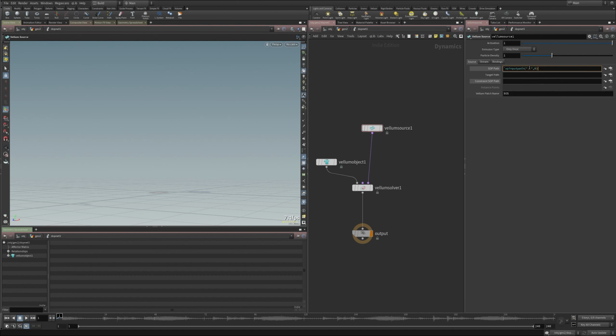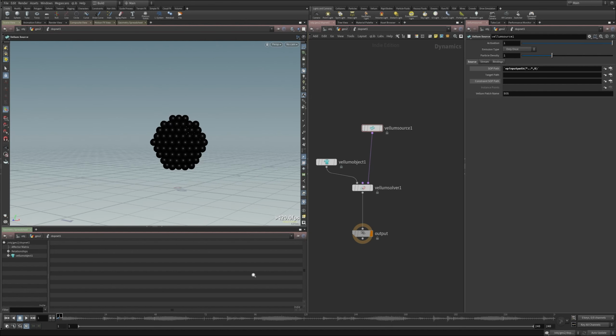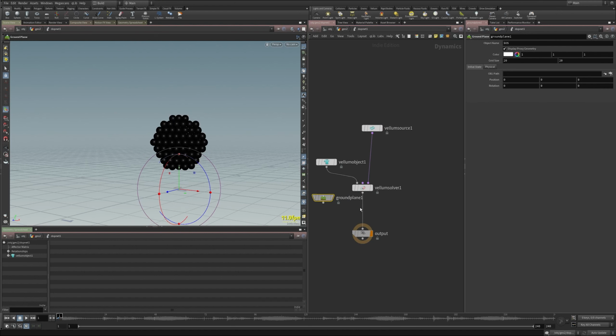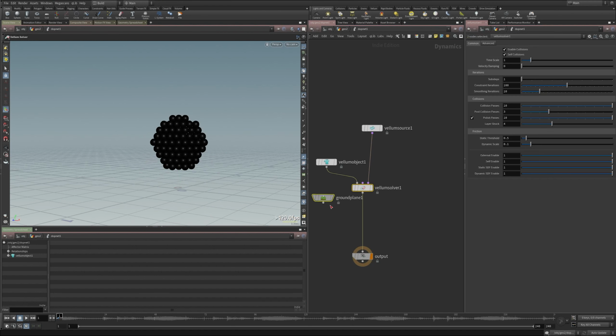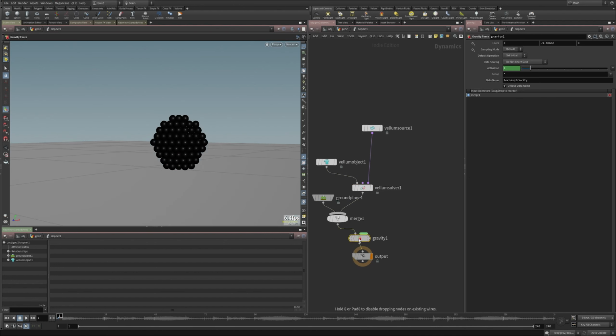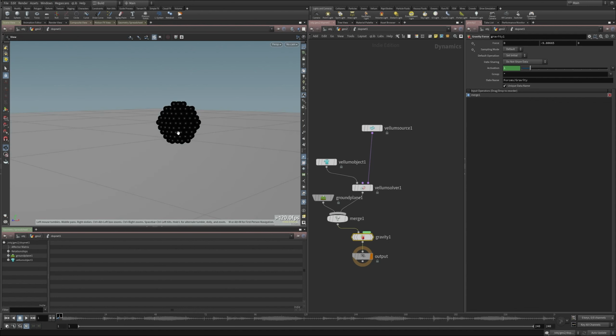Input 0, which is our first input, has our geometry. Let's add a ground plane, merge these together, and then add a gravity, put that into our output, and see if this acts as we would expect.